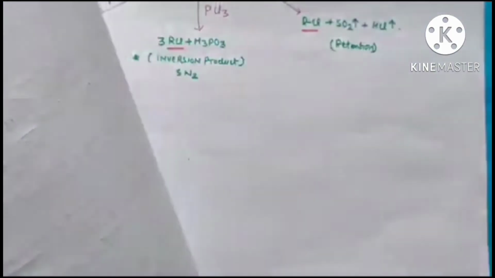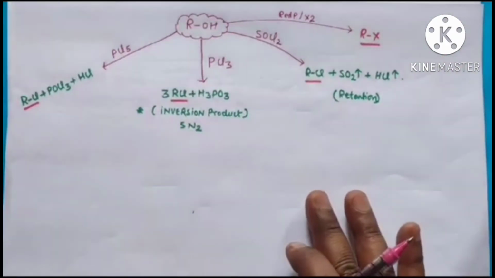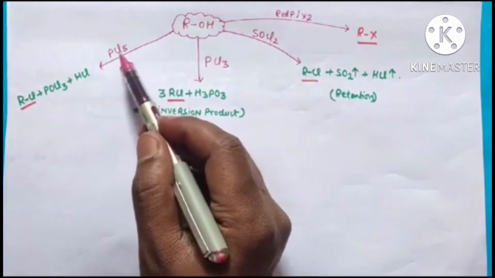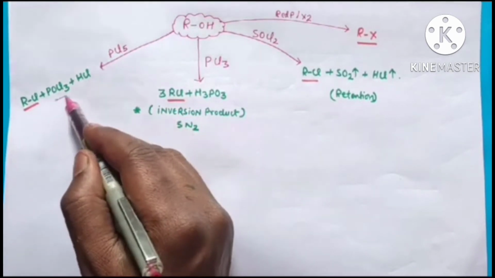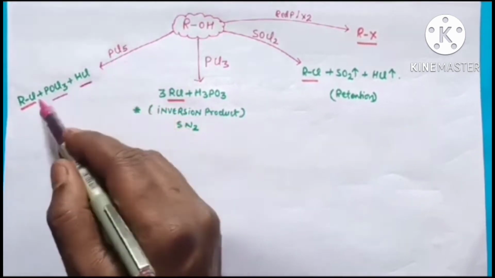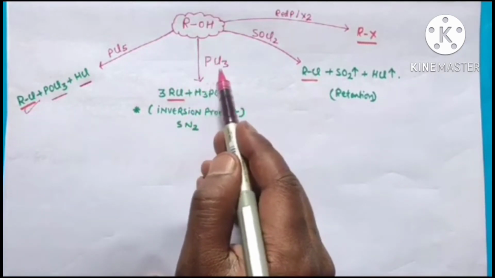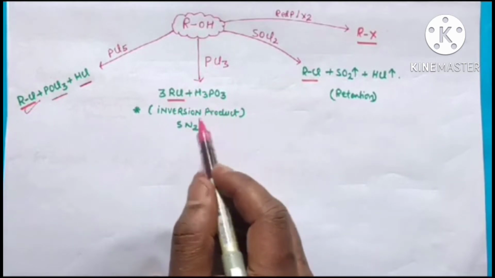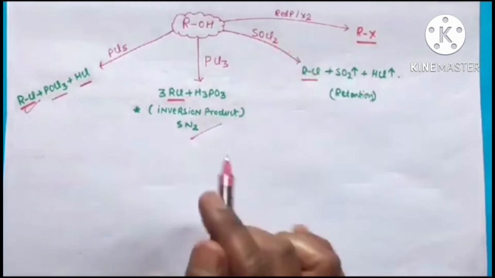And now there are more important reactions with alcohol. If alcohol reacts with PCl5, phosphorus pentachloride, always keep in mind that POCl3 and HCl will come out. The remaining will be RCl, haloalkane. Similarly, with PCl3, phosphorus trichloride, 3 molecules of RCl plus H3PO3 are formed. So this is the reaction. You can go into the mechanism, but there is no need for it. You have to directly look at the product.